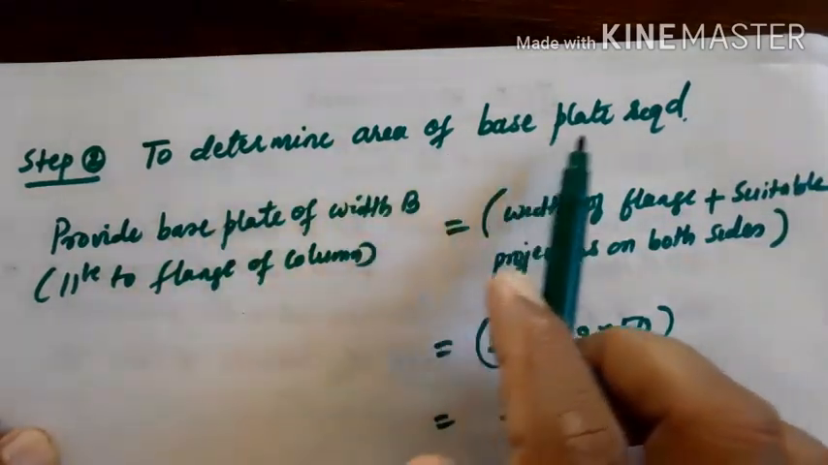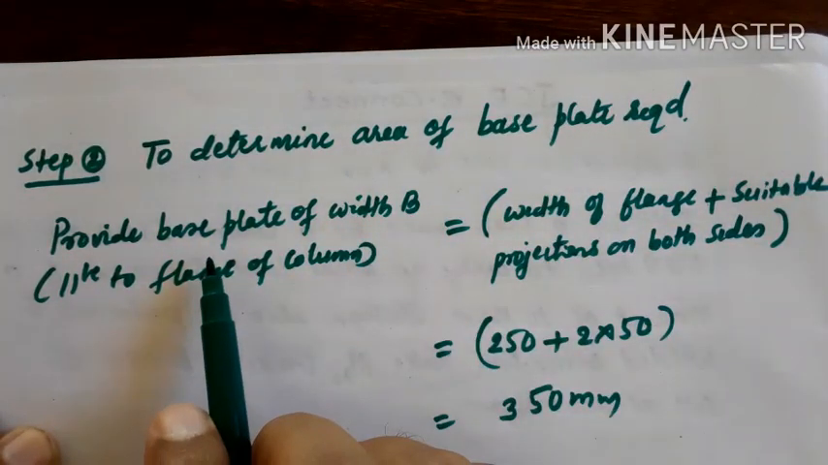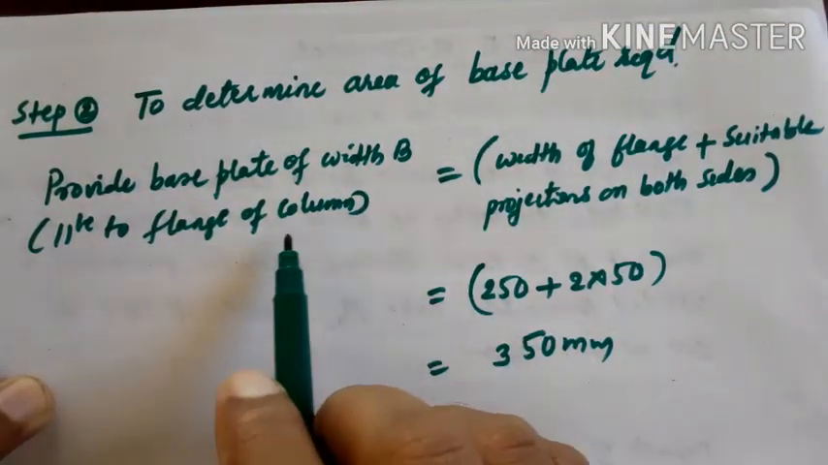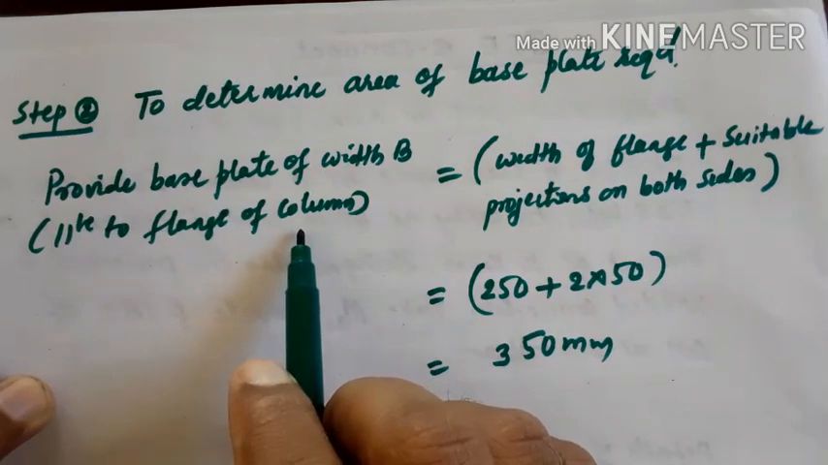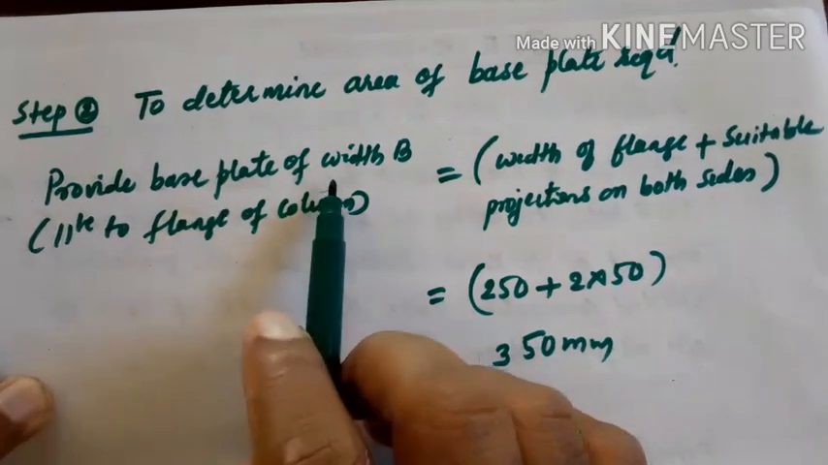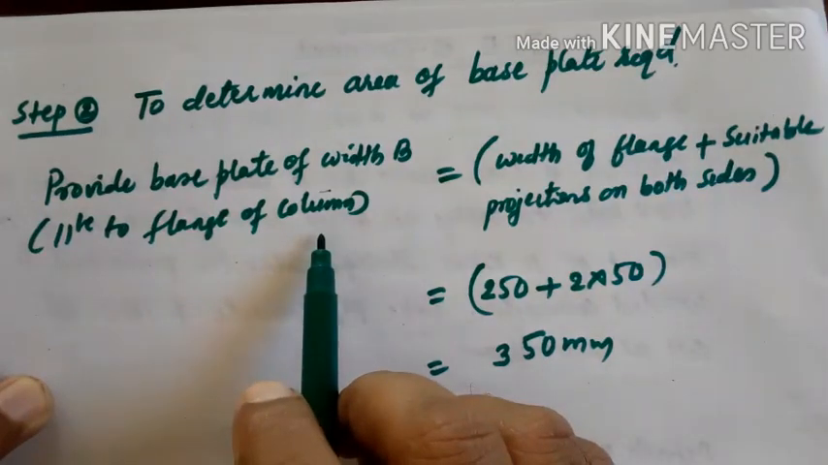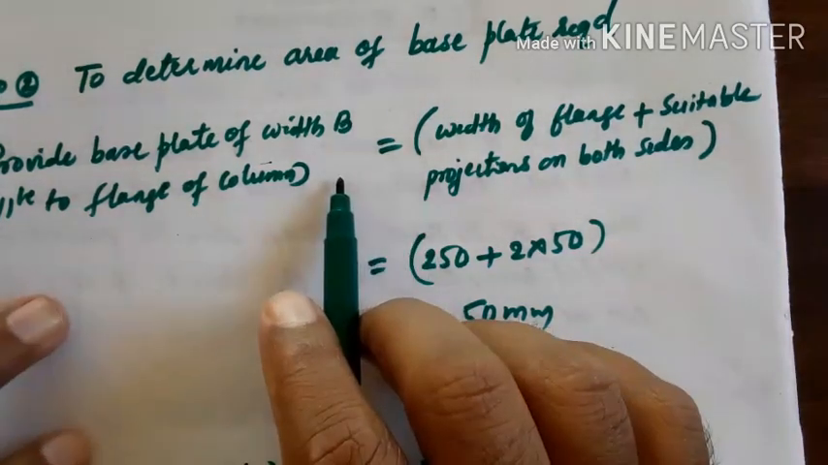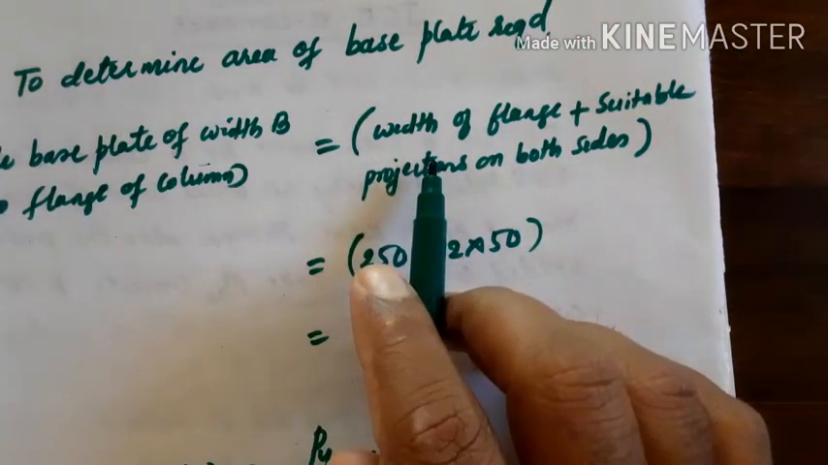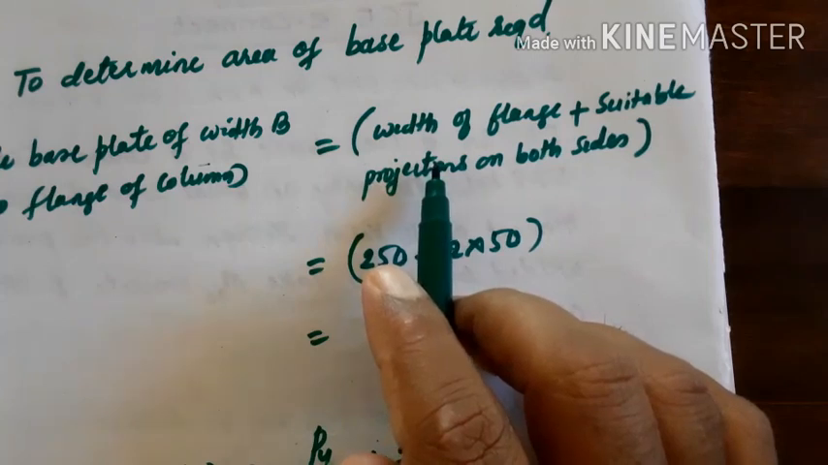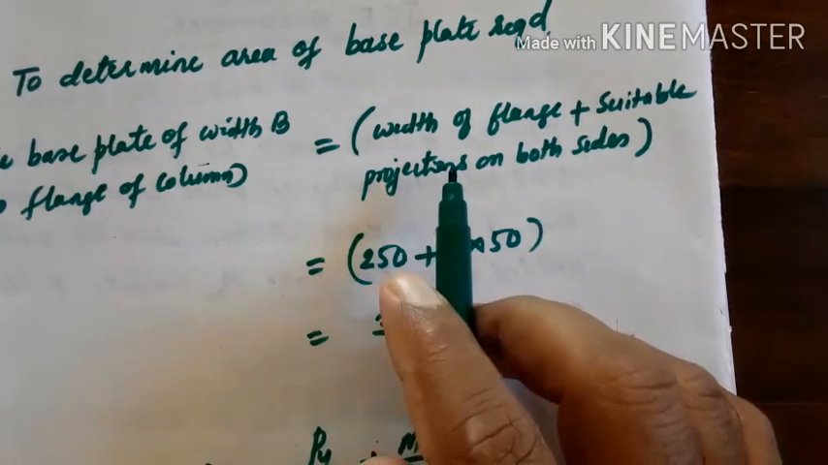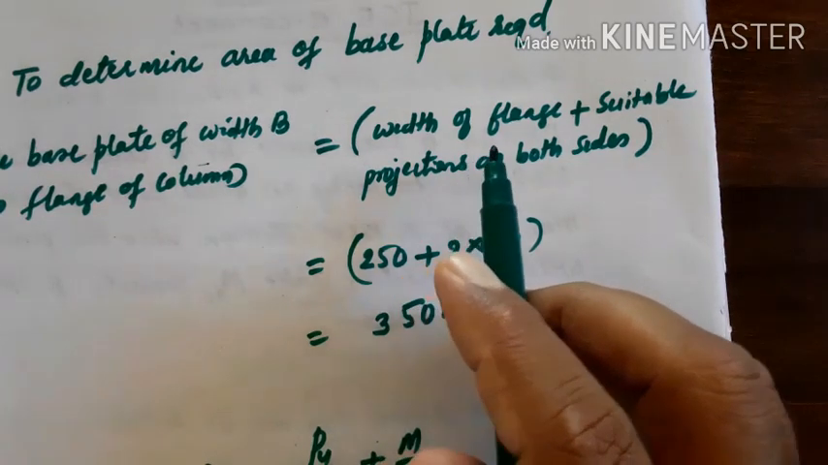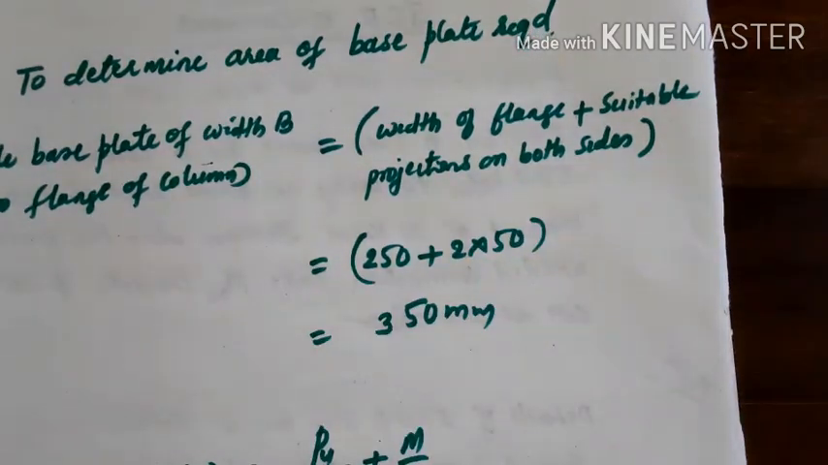To determine the area of the base plate required, first provide a base plate of width B parallel to the flange of column. Okay, so you have to provide a base plate of width B parallel to the flange of column. So when you are providing a base plate parallel to the flange of the column, what we get? So we get the width of flange plus suitable projections on both the sides,